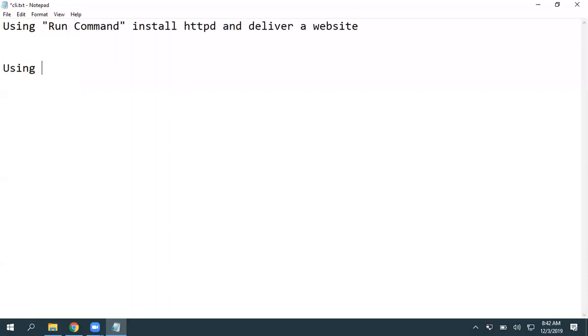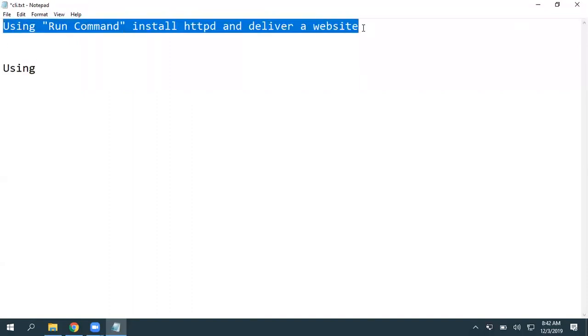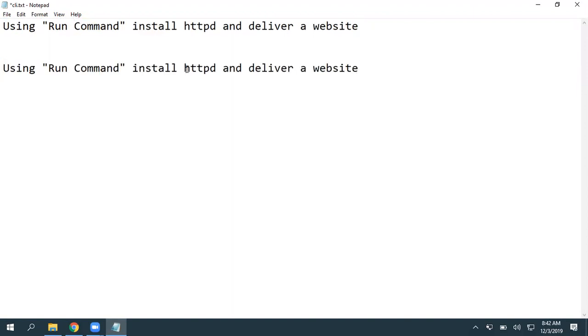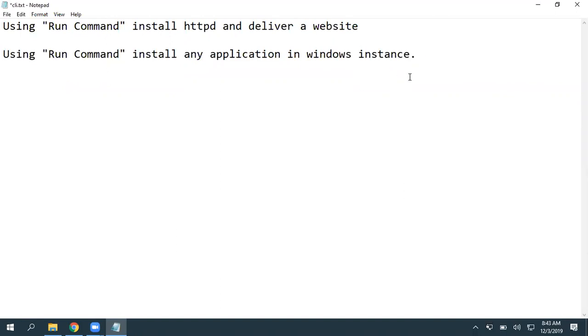And another one, using run command, install any application. Take any application and try to install that. So you can take PuTTY also. Somehow I got an error, but I'm not sure about that. So if we log in and verify, we can get a bit more information about that, but it should work. So instead of that, you can take any other very simple application. So take that and install that.